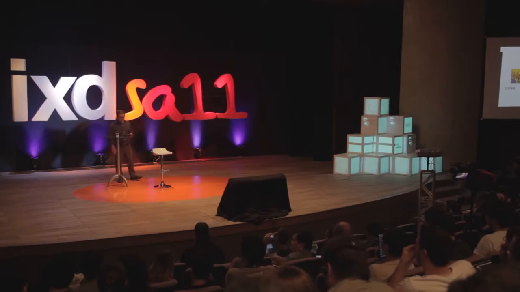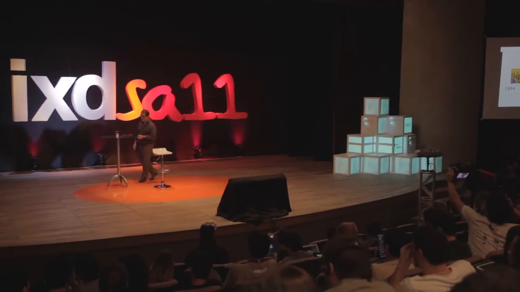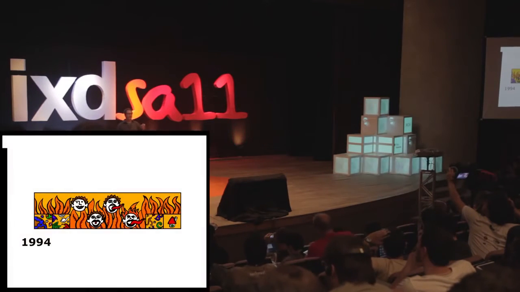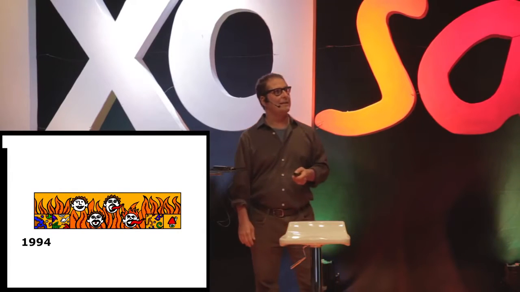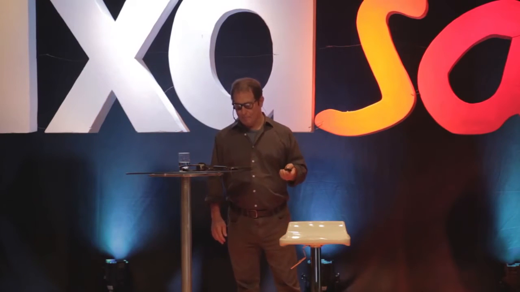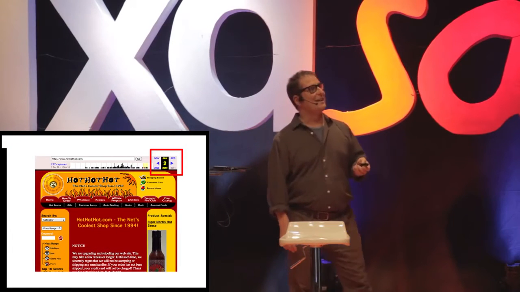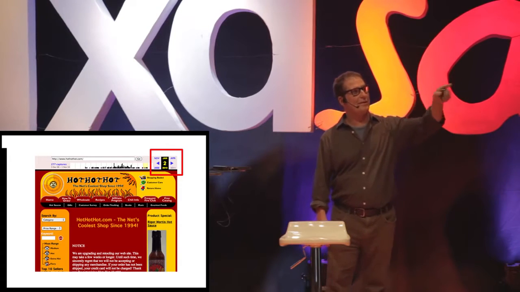As I told you, in 1994, I started as apparently one of the first professional web designers anywhere. This was one of the first designs I did. Actually, 1993. I started in 1994. It was a navigation. You can see some of the navigational elements for a hot sauce website back when the image tag was less than a year old. So we were new at this. What I'm most proud of with that design is that 16 years later, last year, on archive.org, they were still using that visual identity. The oldest pixels on the internet.